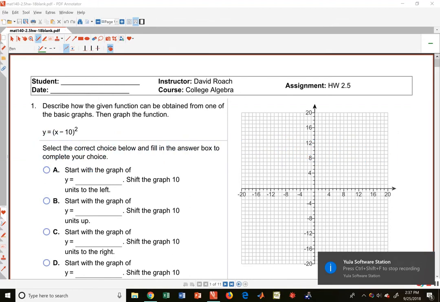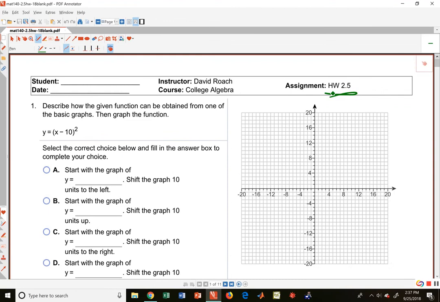Hey, I want to do a video on section 2.5, and this is stuff that you probably are a little more familiar with. It's shifting graphs around. And so here we go. This is a transformation. Now, this happens when you modify x before you do the function operation, the